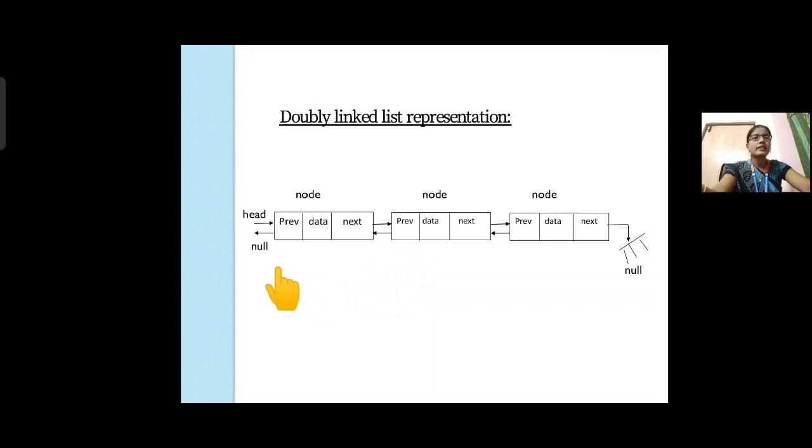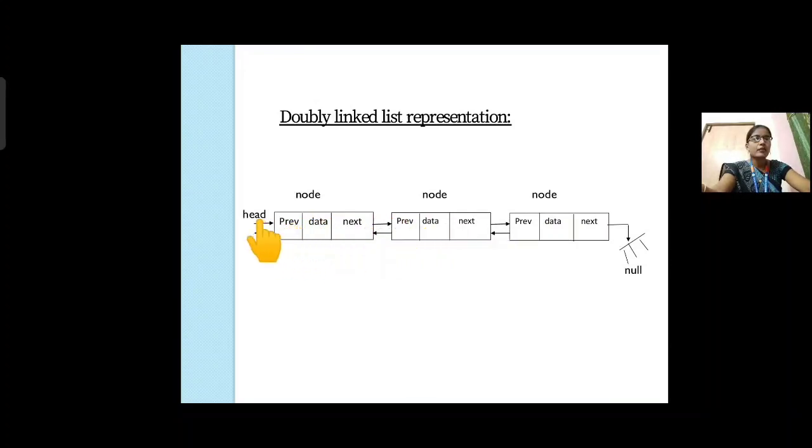If you look at this diagram, in a doubly linked list, a node contains three parts. A single linked list contains two parts and a doubly linked list contains three parts: one is the previous address, another is data, and another is the next address. These are the three blocks, and there are three nodes connected in forward and backward directions.